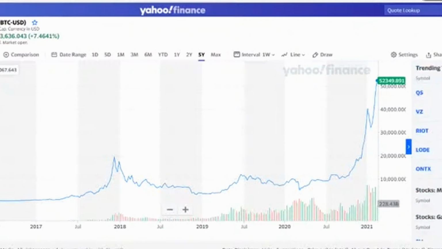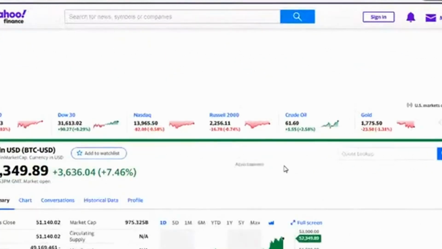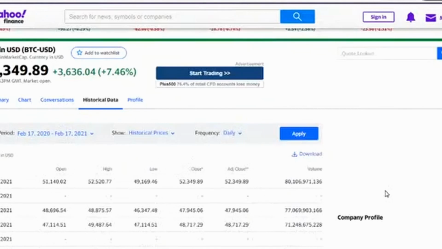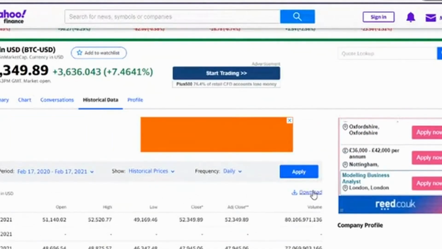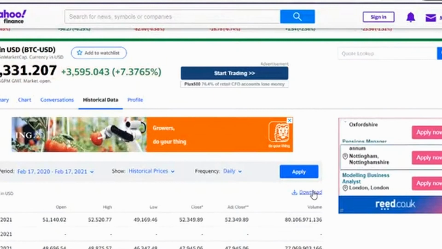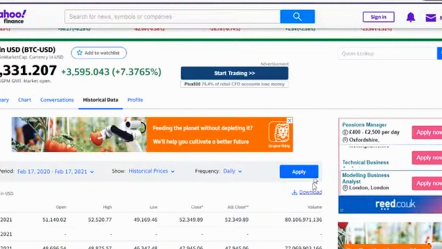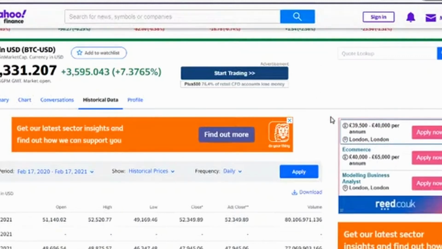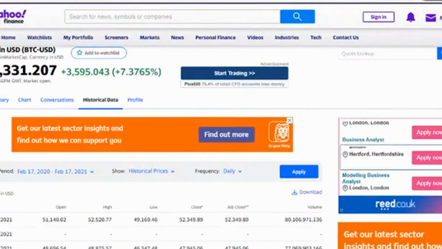If you just go back, you have historical data there, you can download. For example, you go to historical data, and then it will give you an option to download. I have already downloaded. When you download, you get it in CSV format, and you can easily import that to your Python session. So I have already downloaded that. I have downloaded 5 years of price data. So let me show you